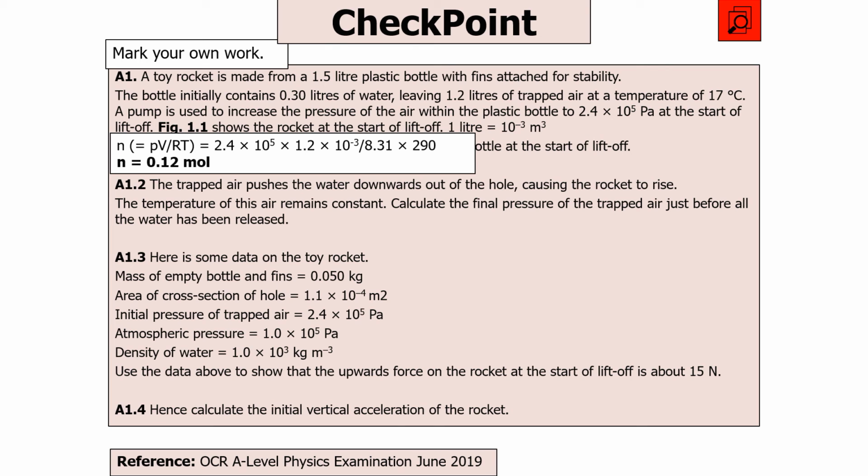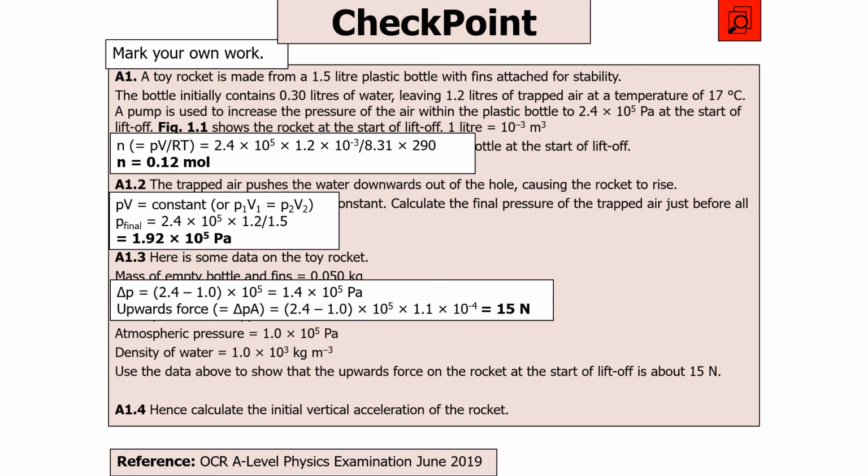We also know from Boyle's law that PV equals a constant, or P1V1 equals P2V2. Pop in all the values, and P equals 1.92 times 10 to the 5 pascals. Now also we can know that the change in pressure is going to be equal to 2.4 times 10 to the 5 minus 1 times 10 to the 5, so it's 1.4 times 10 to the 5 pascals from the